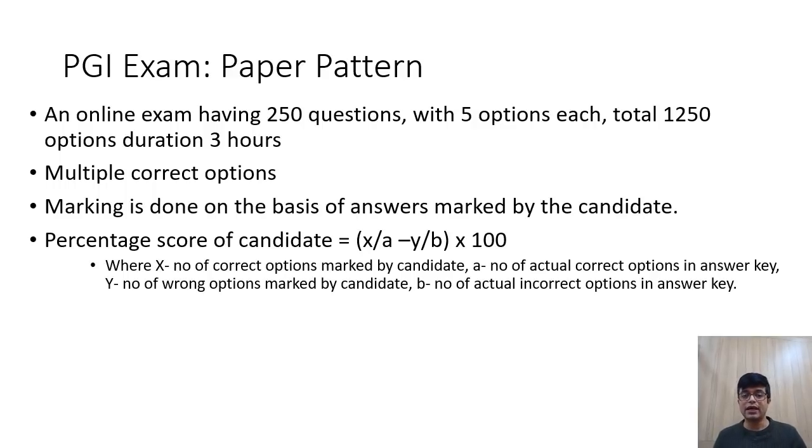What it means is x is the number of correct options marked by you. A is the actual correct options in the paper. Y is incorrect options marked by you and B is the actual incorrect options in the answer key. What it means is that your positive score should be very high and you should avoid negative marking as much